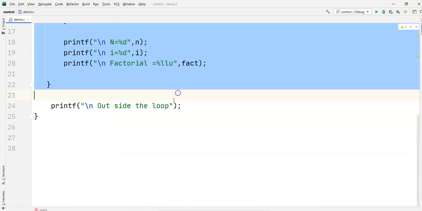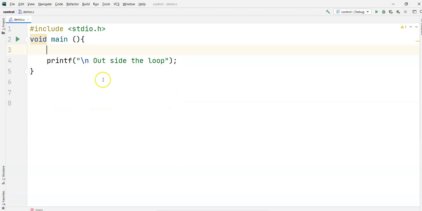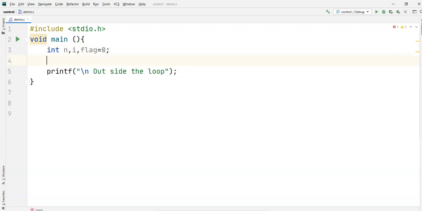So here we are going to write a program to check whether a given number is prime or not. So integer n, and then I'll take i, and then something called a flag, or you can take a boolean. What is a flag?